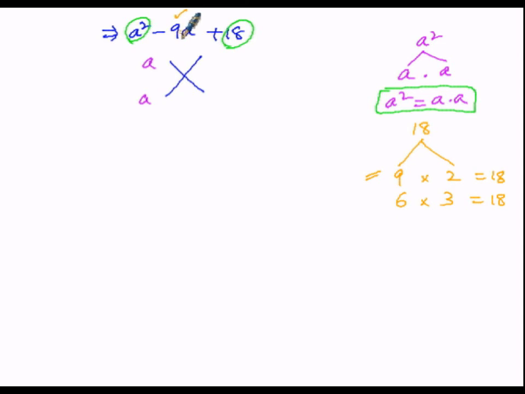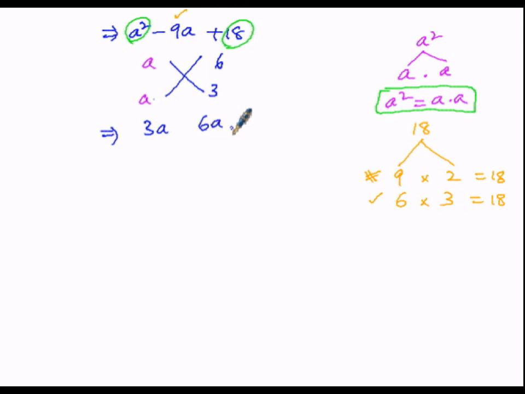So we are going to choose the second one. Here 6 plus 3, the addition of the two factors, is 9. So we can choose 6 and 3, since 6 threes is 18. Now let us cross multiply. So 3 into a is 3a and 6 into a is 6a.